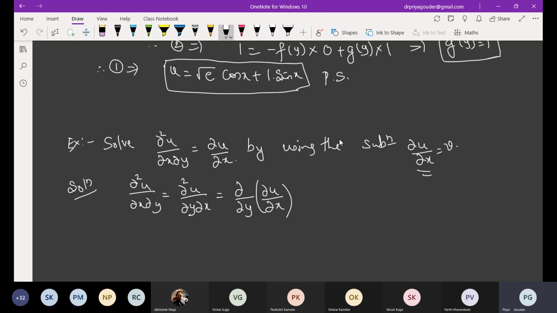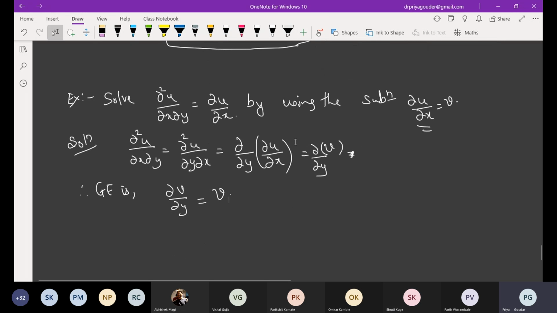So this term can be written as dou by dou y of, what is dou u by dou x to be substituted as? Isn't it v? So first I simplified the LHS part. Therefore, the given equation is written like this. The first term: dou v by dou y is equal to dou u by dou x. What is dou u by dou x? v. So is it homogeneous now? Yes, ma'am. And do we have the derivative with respect to only one variable? Yes, both the problems are being solved by the substitution. Now proceed and let us solve it.